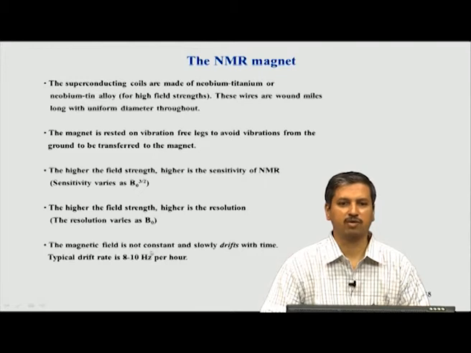One important part of the magnetic field is, even though we say it is a particular Tesla, let us say we make a magnet with 9 Tesla, it never remains at 9 Tesla throughout. It slowly starts losing, because remember, it is a magnetic field generated by current. It is not a permanent magnet, it is a superconducting magnet where the current is flowing in the coil, and this results in slow loss of magnetic field as a function of time. Typically we use the word drift for this, and we will use this word later on when we discuss how we correct for this drift. This drift is typically 8 to 10 hertz per hour.